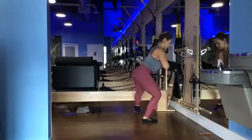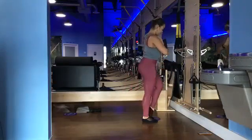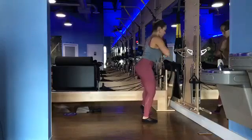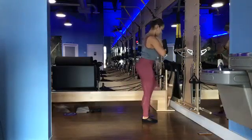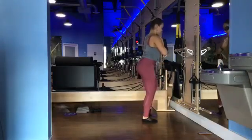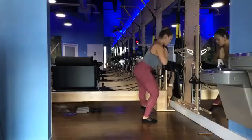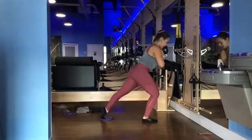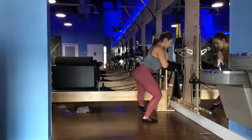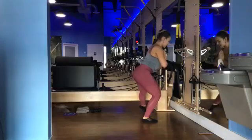Let's do 3 more. Two more. Last one. Lengthen out, hold, breathe. Now we're going to go our scooters. We're going to go back, in, side, in. Back, in, side,